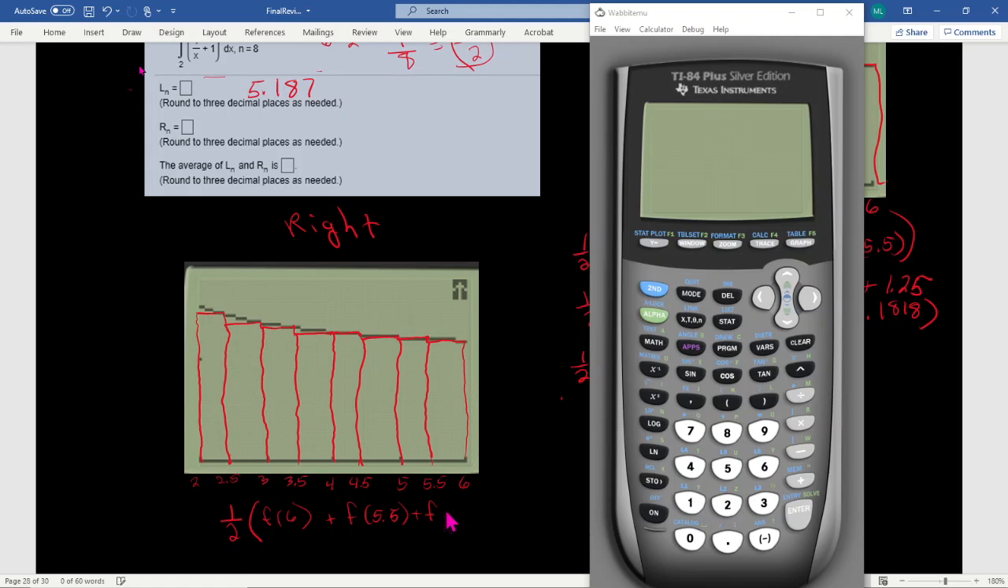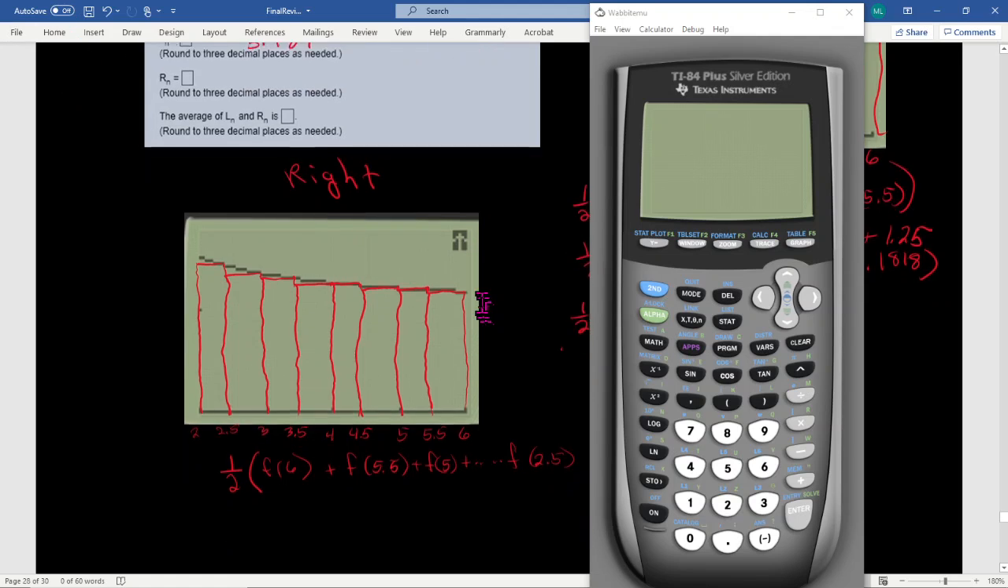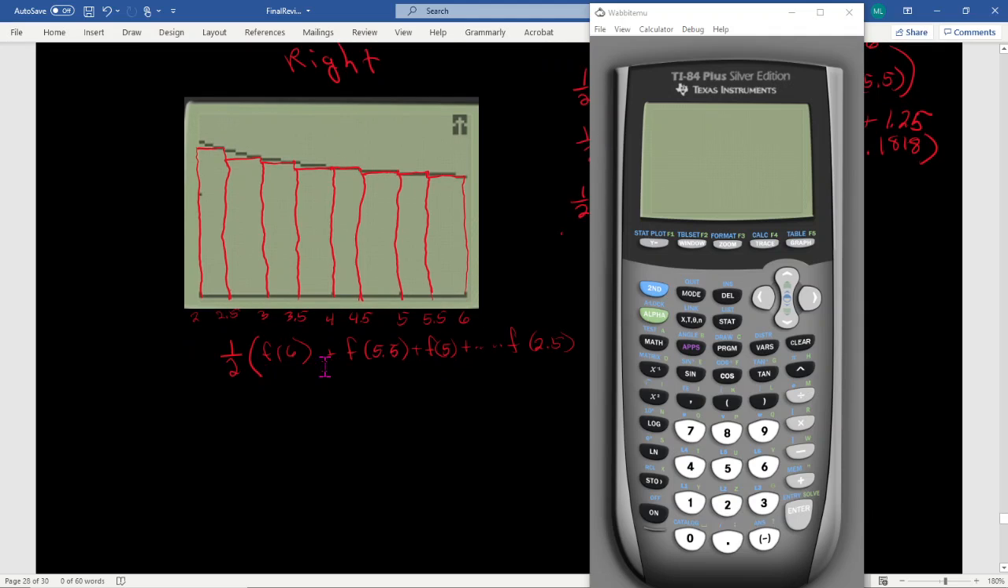plus 5, f of 5. And again, we keep going all the way down to, so we got 1, 2, 3, 4, 5, 6, 7, 8, down to f of 2.5. Okay, so we're going to look all those up, add them up, multiply by 2, and go to the table,